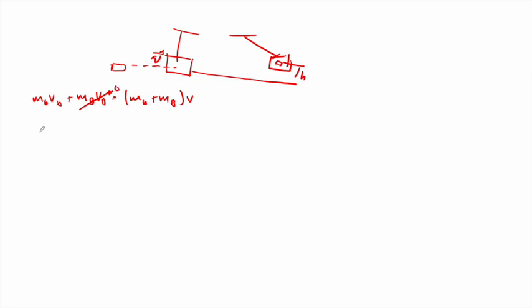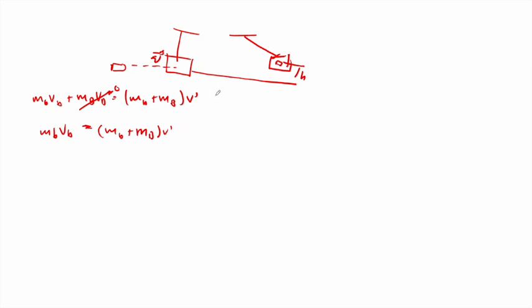So I have that mass bullet times the velocity of the bullet before the collision is going to be equal to the total mass times the velocity after the collision. So here I need more information, right? Because I cannot have a relationship between h and v before the collision. So I have to find a value for the velocity after the collision,